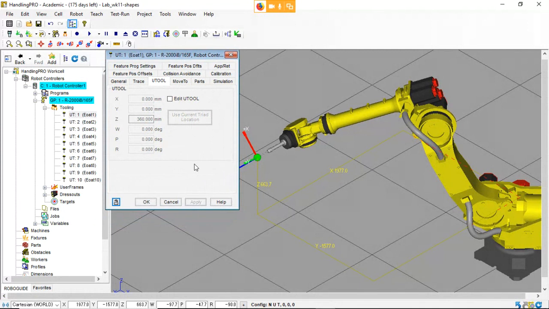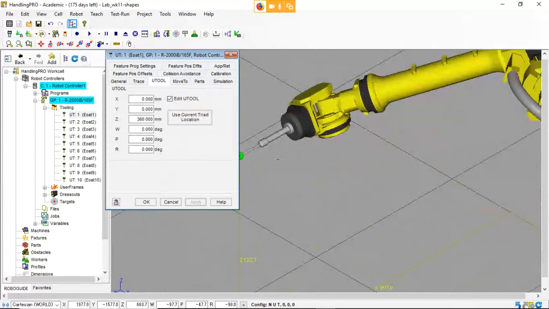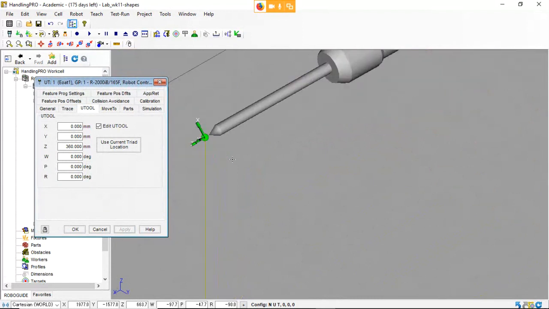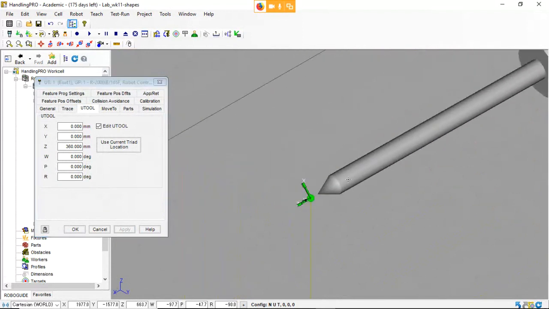That was the frames lab. You could go back and review the tool frame lab, and I had to have you set up a point there to do that. But the other thing here is, if I click on this, I can just drag the tool center point, which is this green dot here, right? And I could just grab it